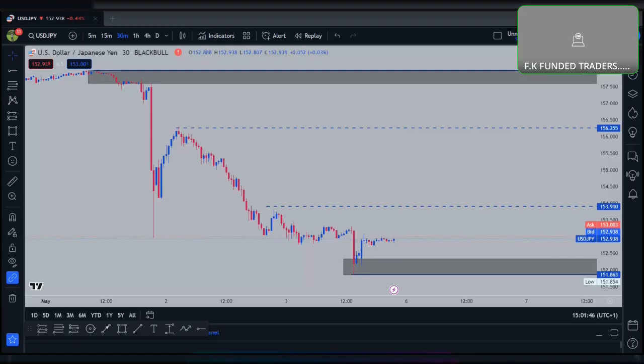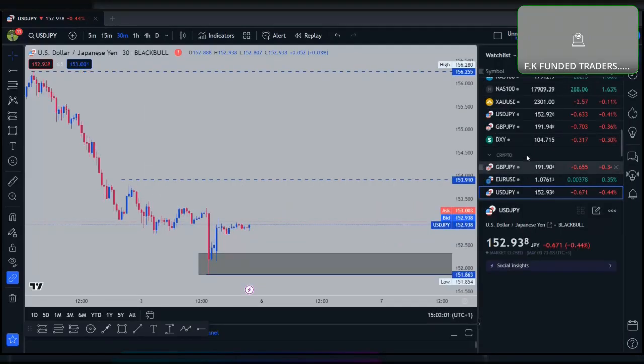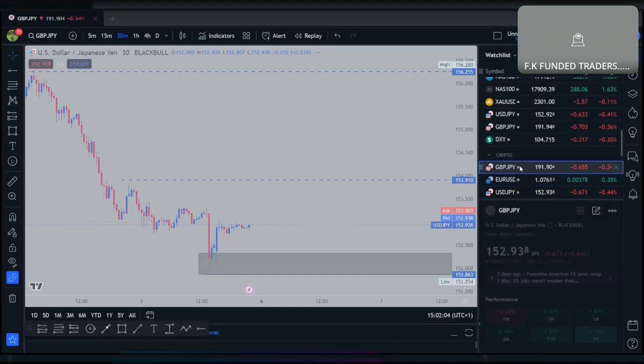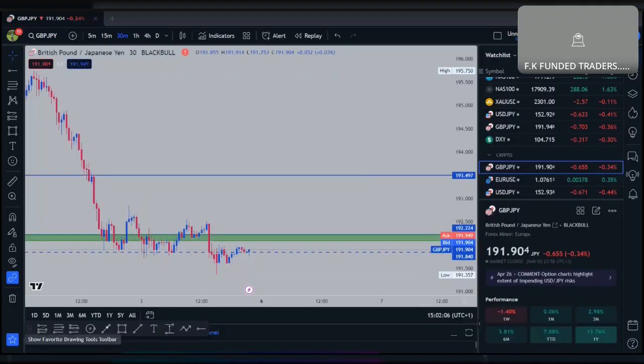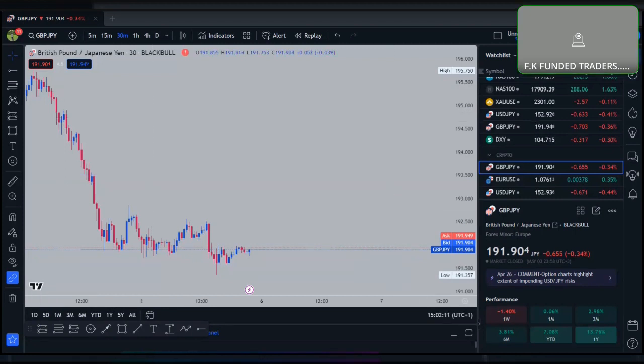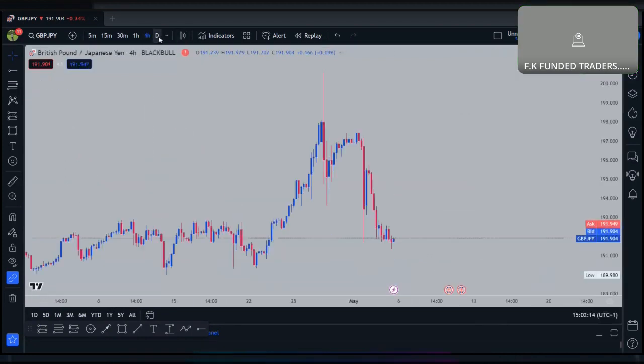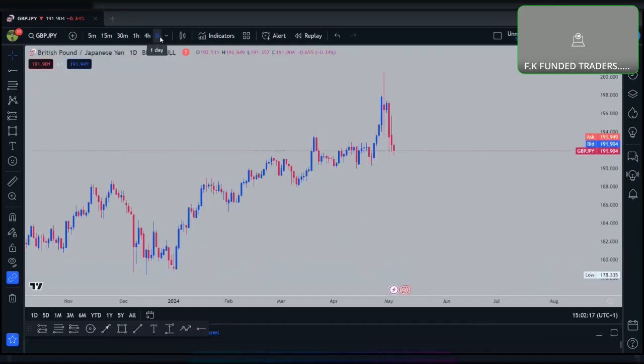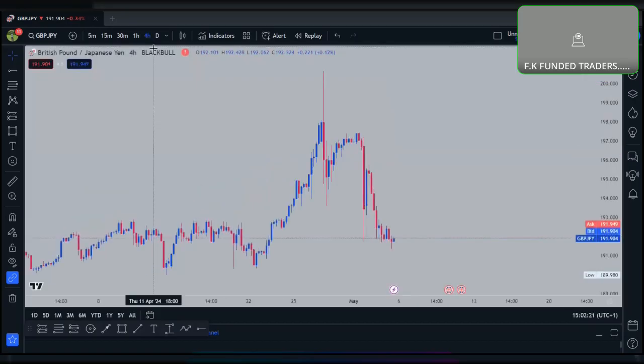Are we together? Okay. So that is one of the JPYs, and the same thing that we have done here, I think it is the same structure you're going to find even on other JPY pairs. Let us try to see GBP JPY and see how it looks. You have to know where the market is taking us. So this is GBP JPY. Let us start from daily. Daily has the same structure as USDJPY. When you come to the 4 hour time frame, I think these things are somehow the same.